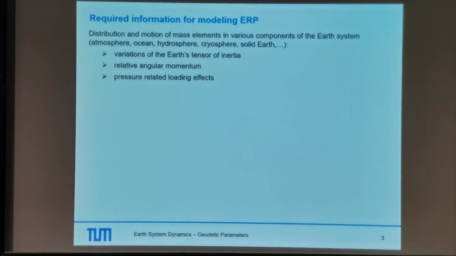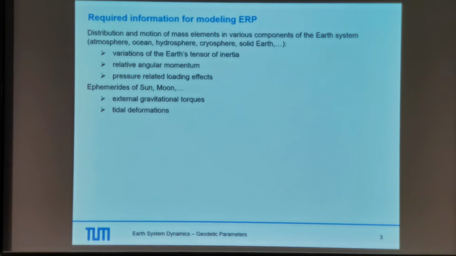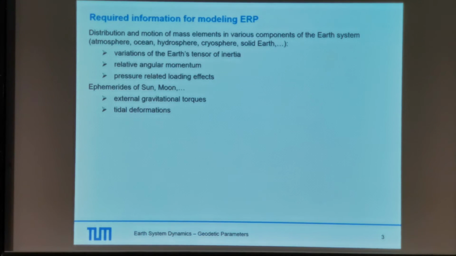The loading is also causing a redistribution of mass elements. Moreover, we have to take into account ephemerides of the sun and the moon, since we have to account for external torques, and we have to account for tidal effects due to the gravitational pull of these celestial bodies. So here you see already a multitude of effects. We have a direct effect of a gravitational torque on the Earth rotation, plus the indirect effect via the tidal variations on the Earth's